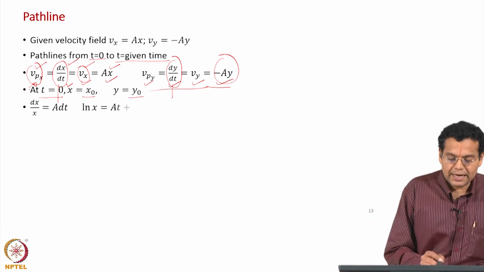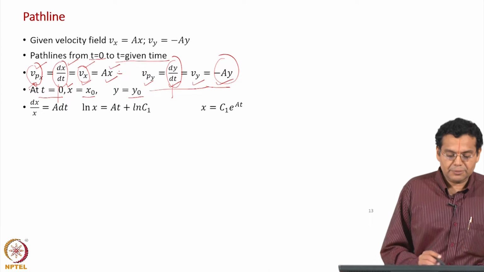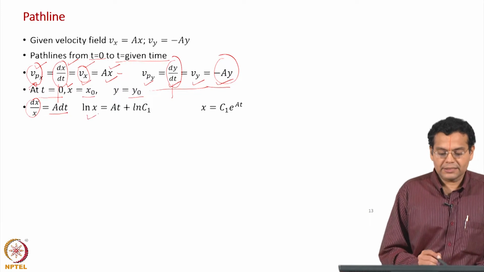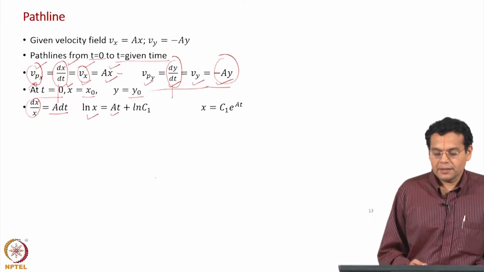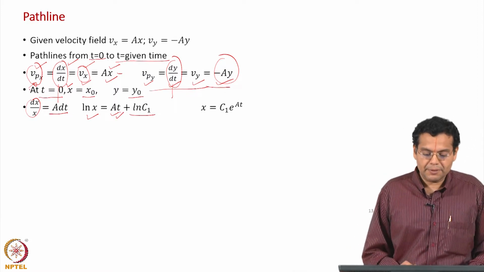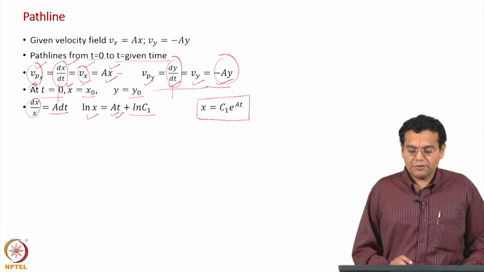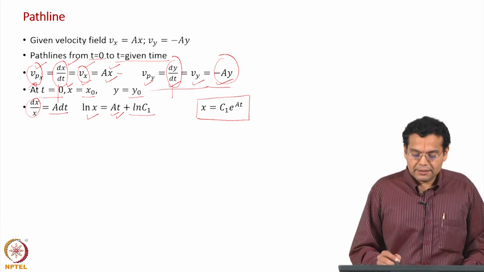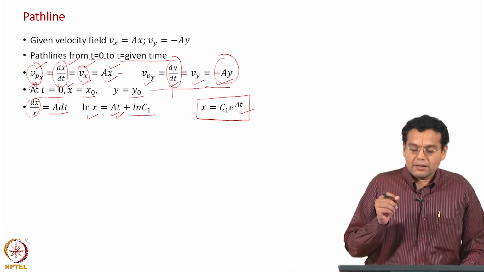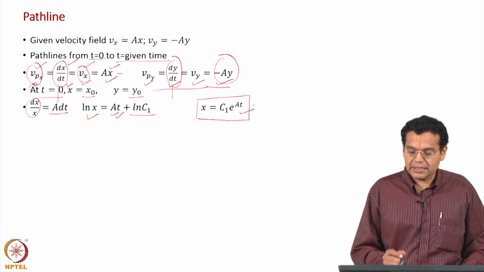Now, we will integrate this equation. Do a variable rearrangement, bring dx by x on the left hand side and A dt on the right hand side, integrate, and you get ln x on the left hand side and At on the right hand side. Take the constant as ln c1, and if you take this as ln e power At, the equation for the position of the particle along the x direction is given by c1 e power At. So, what does x represent? x is the coordinate of the particle as a function of time, and c1 is a constant yet to be determined.